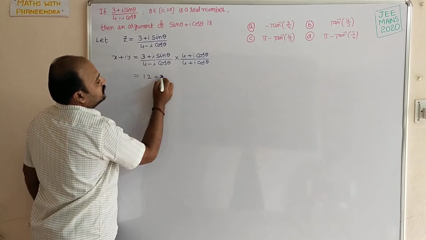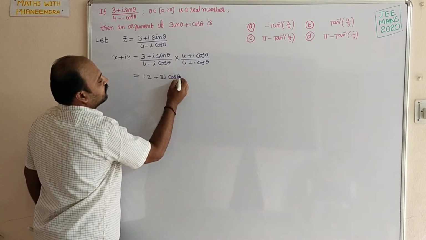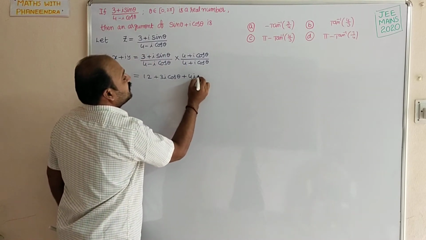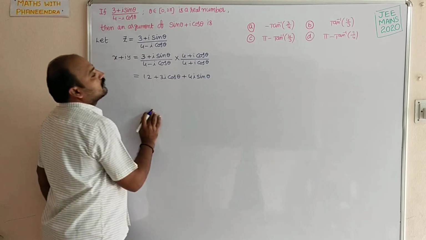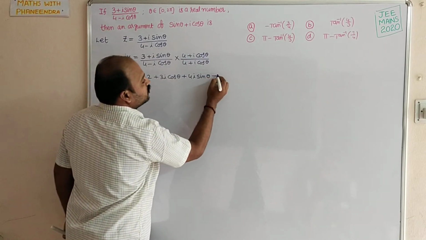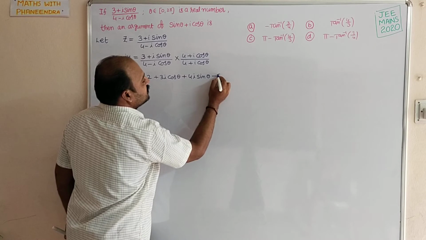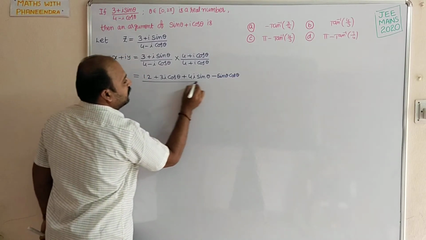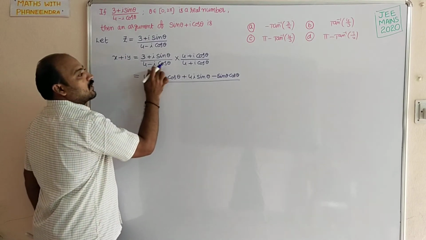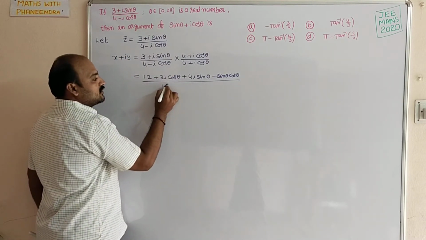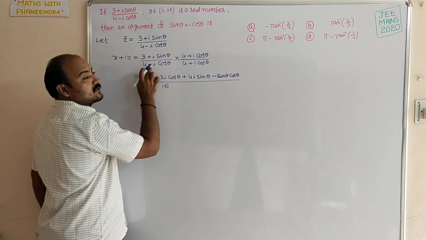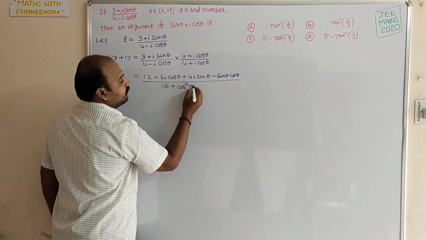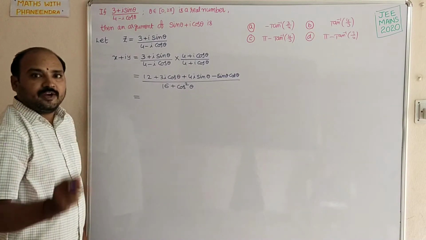3 plus 3i cos theta plus 4i sin theta, i into i square, so i square minus 1 into sin theta cos theta. So sin theta cos theta whole divided by a plus b into a minus b, a square minus b square. So 16 minus i square value minus 1, so plus cos square theta, which is equal to, from numerator, real